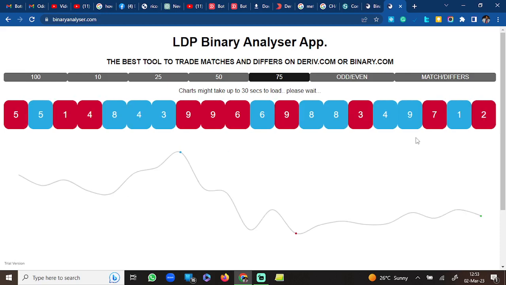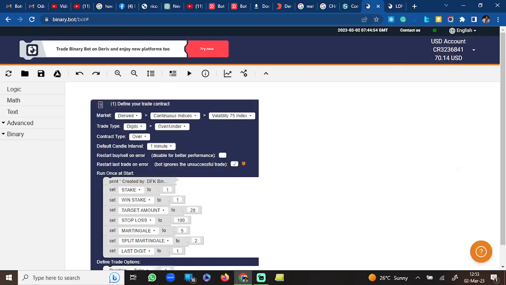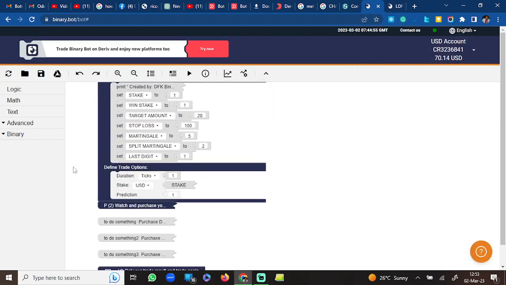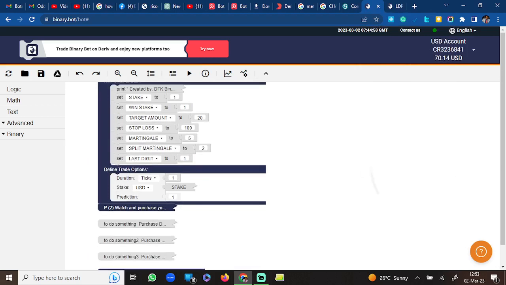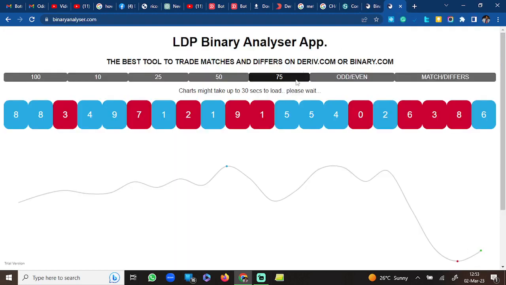But what you are looking at in terms of the bot I'm using, the bot is doing digit over one. This is the bot. The prediction is one, and the contract type is digit over, meaning we are purchasing over one. Now, since I have a small account here, we are just going to make small bits, small bits. So you've analyzed,